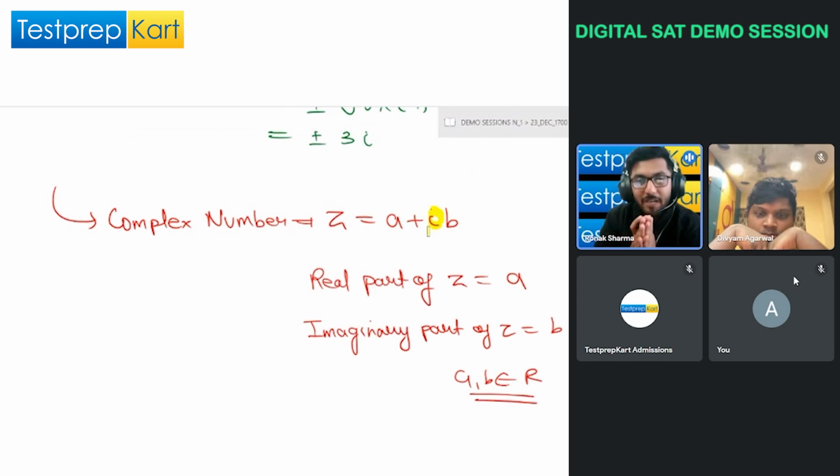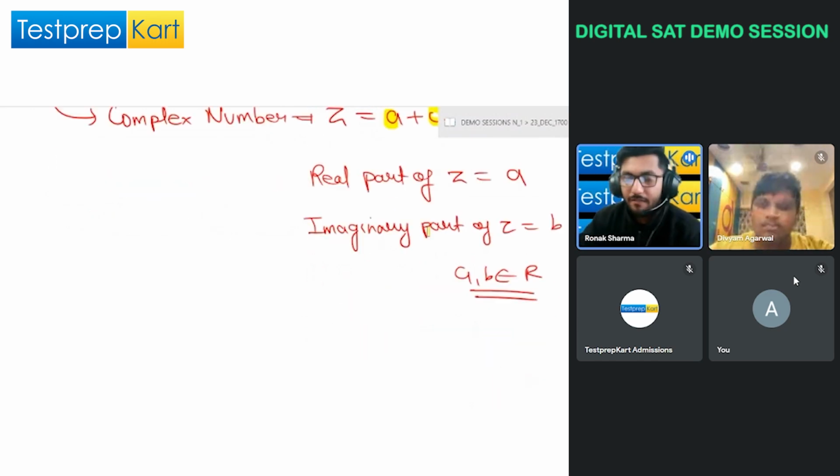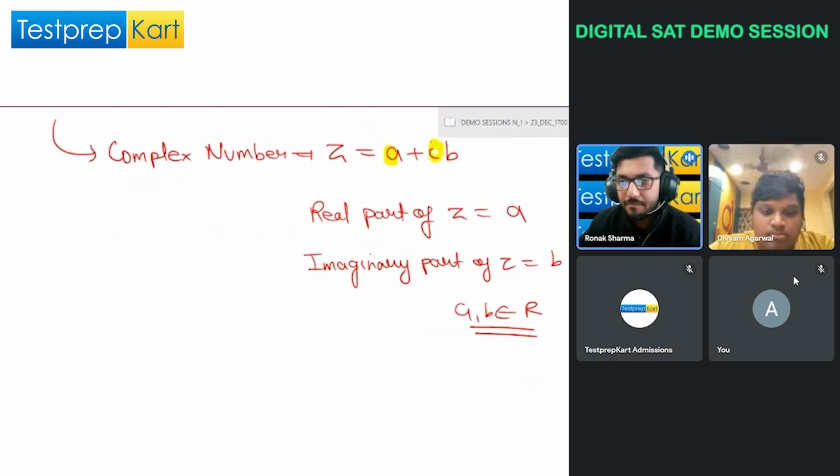It is just like a real value. But as it is multiplied with iota, that's why we call it the imaginary part of Z. And a is simple: it is just written like a real value, not attached with iota. That's why we call it the real part. Clear with that? For an example, if we write